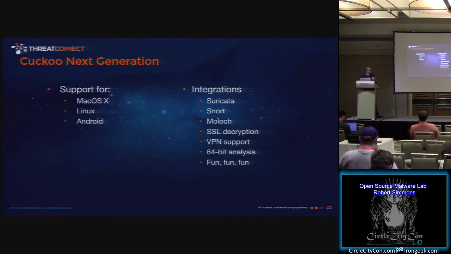So, Cuckoo Next Generation, a few other interesting things: support for Mac OS and Linux. These are really cool things. You also have Suricata, Snort, and Moloch. You can do SSL decryption because it includes mitmproxy, which is a Python implementation of a man-in-the-middle proxy. You have VPN support. VPN support is very important